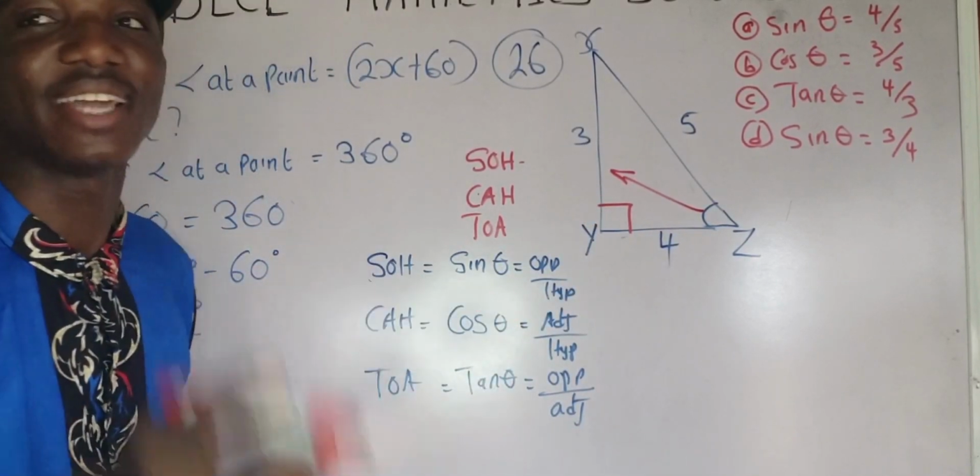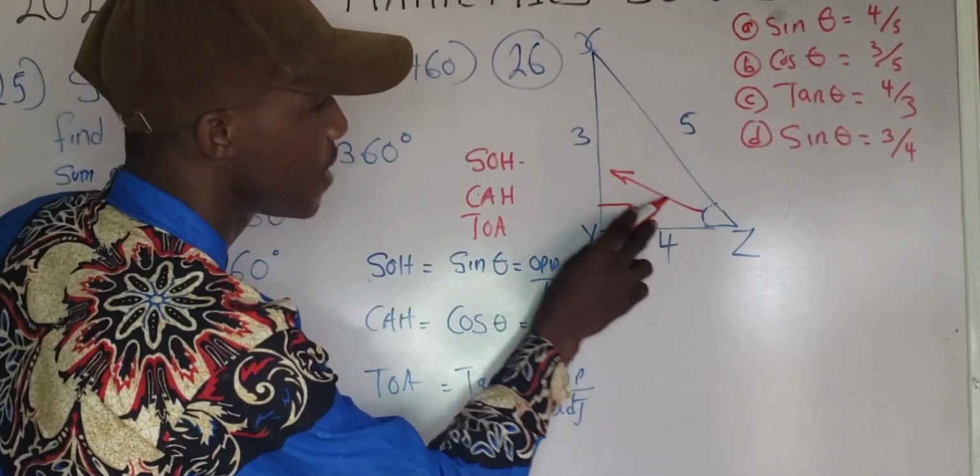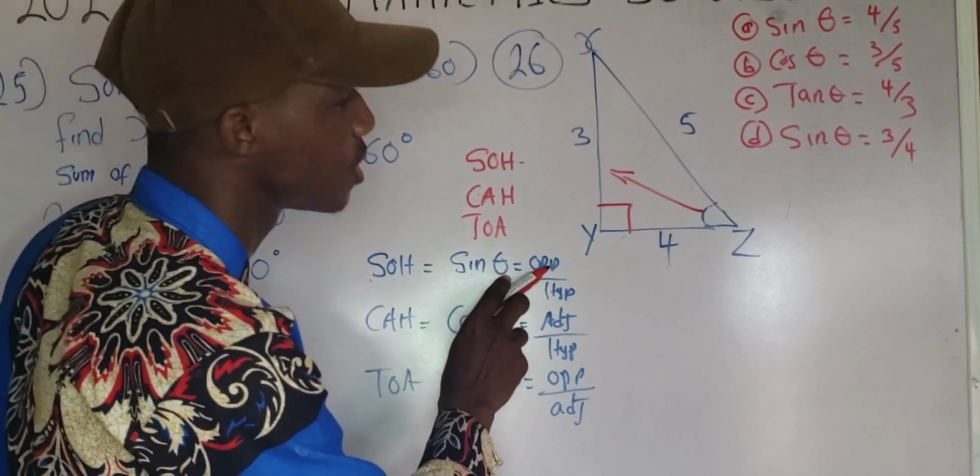The side that the angle we are considering faces is what we call the opposite. Because this angle faces this side, this side is the opposite side. So sine theta is opposite. Opposite is 3